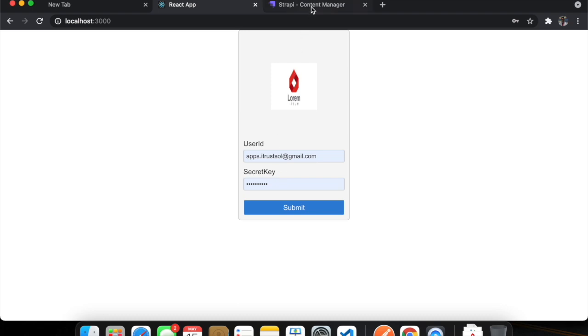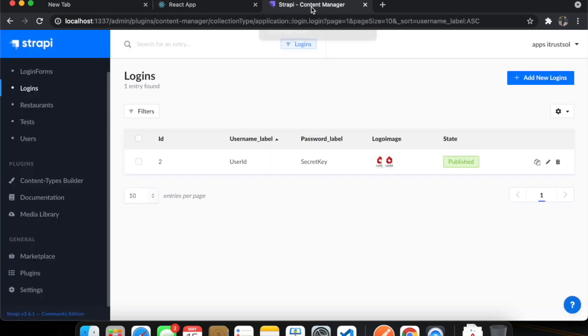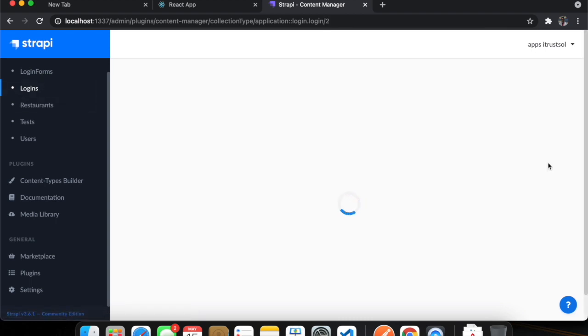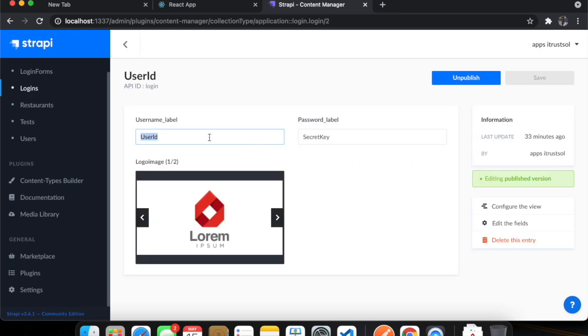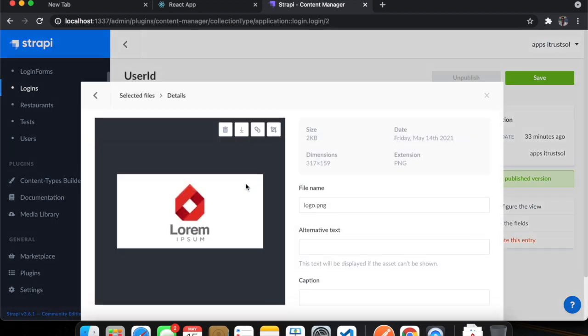So now we will see how to modify the values and see how this gets refreshed. Go to the content management system, select the login content, and do an edit. I'm changing the username label to user name, and then the password label with 8 characters. Okay, and I'll also change the logo.